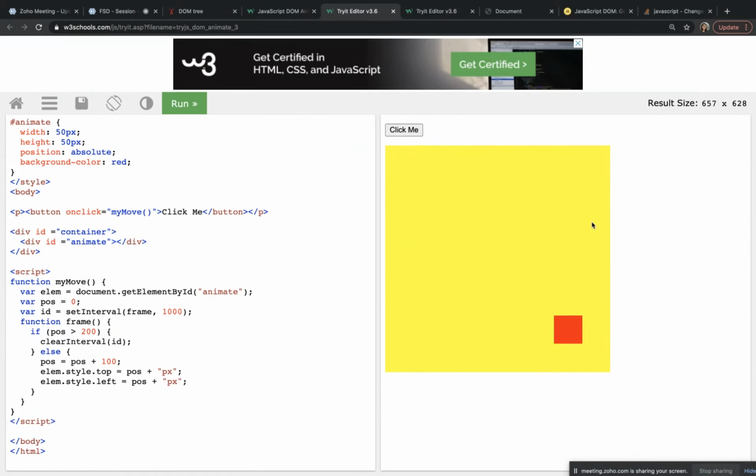So actually, they're just changing the top of the element every 1 second, so it looks like they are animating it. How are they animating? They are just changing the top of the element after 1 second.